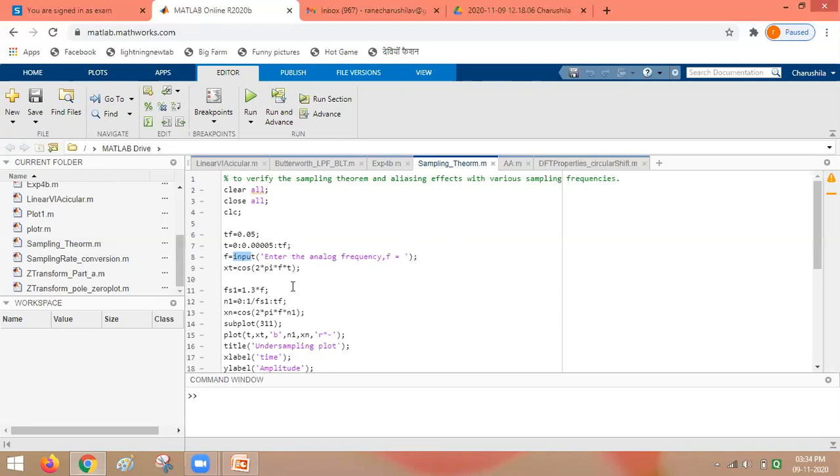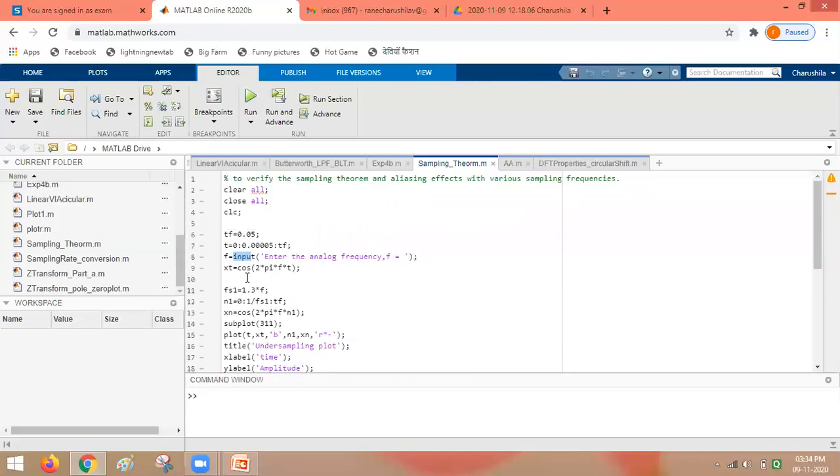So now this is the original signal and we are going to sample it at certain sampling frequencies. While selecting the sampling frequencies, we will select three different categories. First one, we will try the undersampling, that means sampling frequency is selected less than twice of the F max. Then in the second case, we will select the sampling frequency exactly equal to Nyquist rate. And in the third case, we will select sampling frequency greater than that specified by Nyquist rate.